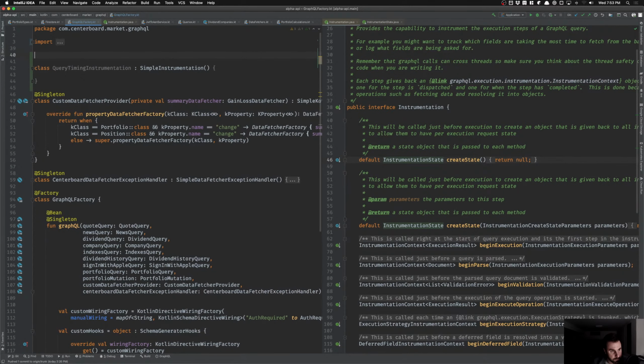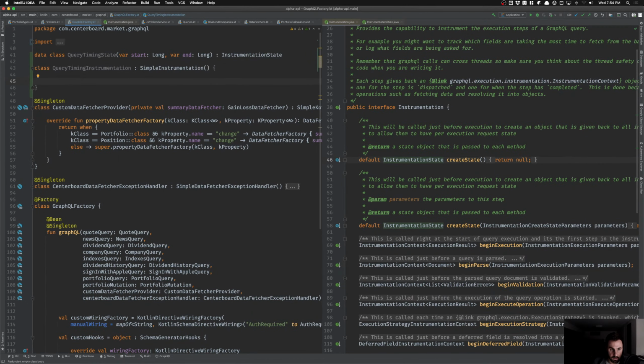So instrument query timing state. And let's call this var start, var end. So that'll be used for the timing, and this is instrument state, so that can be passed along. All right, so we definitely need the